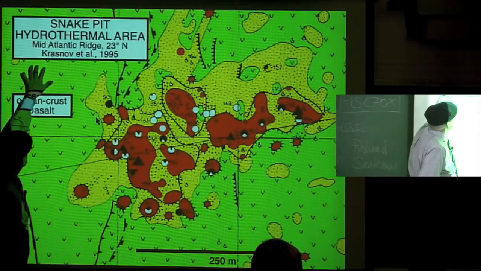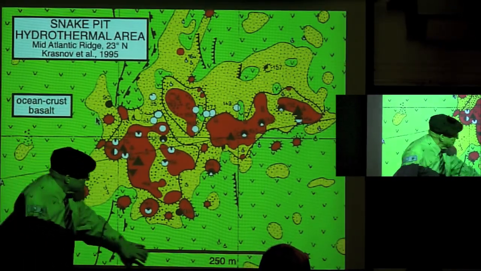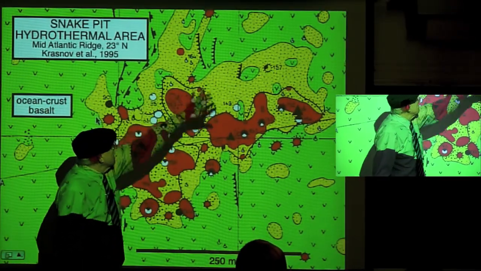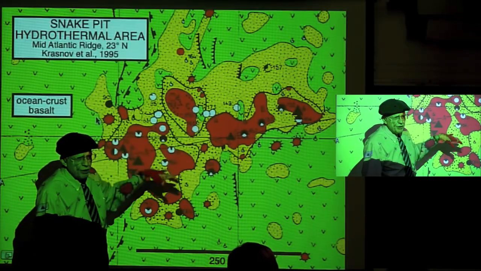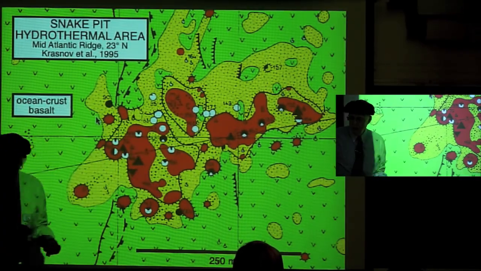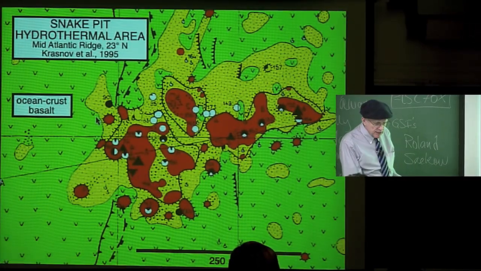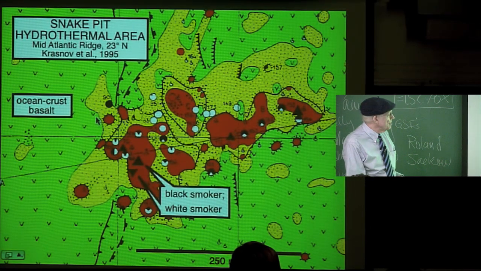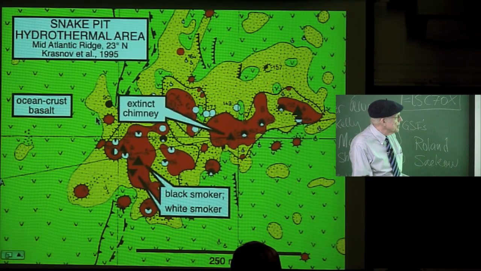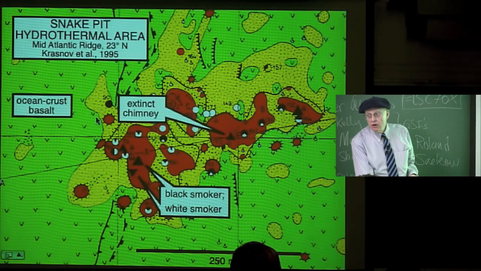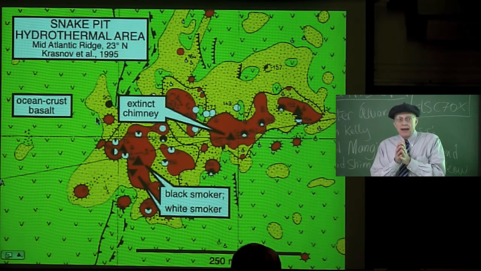This is a Russian study. And here the scale is 250 meters. So this object here is kind of the size of Memorial Stadium, right? And as you look at that, they map this thing very carefully in detail. There are black smokers, and there are also another kind, white smokers. And then there are extinct smokers that used to be active, and now the